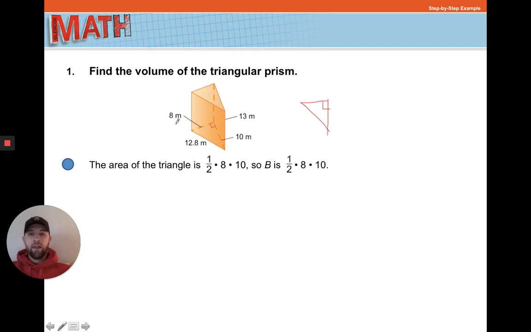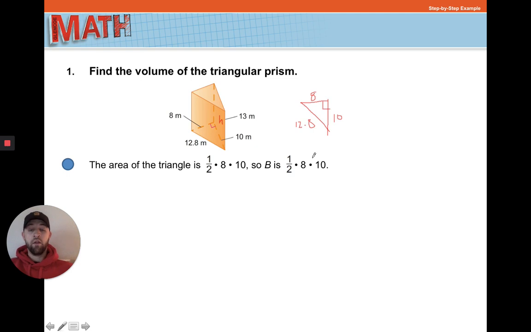Okay. Now, if I go ahead and take these dimensions that they're telling us in this problem, I would say that 8 goes on this top one here. I would say 10 goes over on this line here. And I would say 12 and 8/10 goes on this line. Hopefully you're okay with that, right? And then notice we also have a 13, but that's actually going to be the height of our triangular